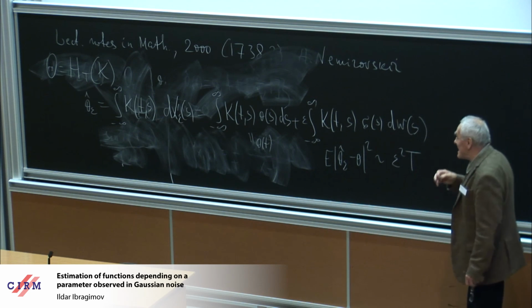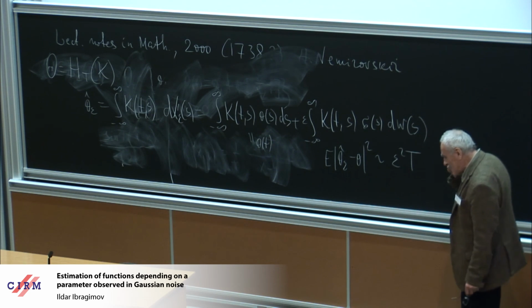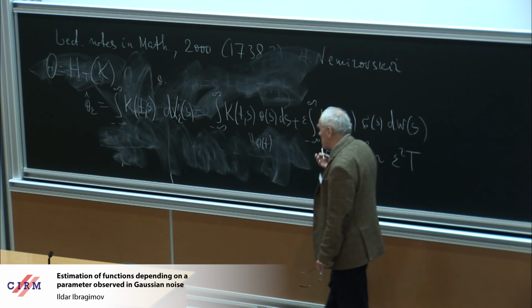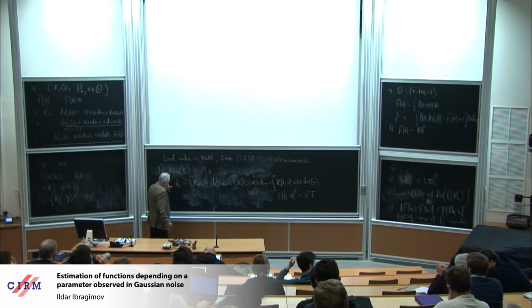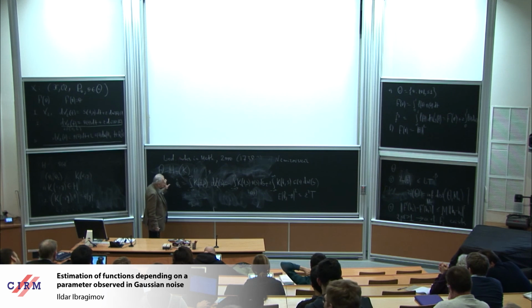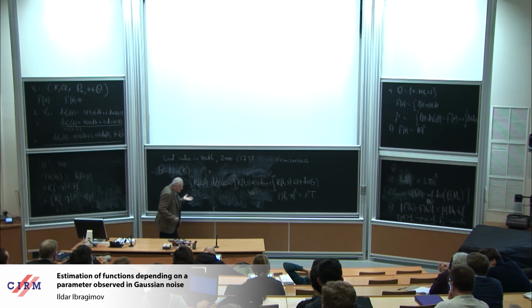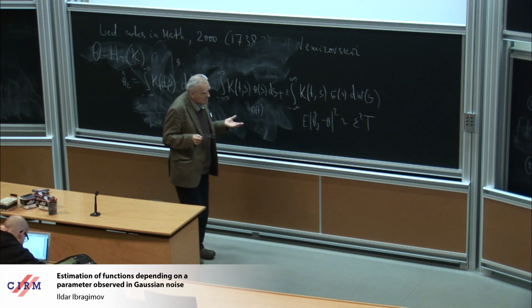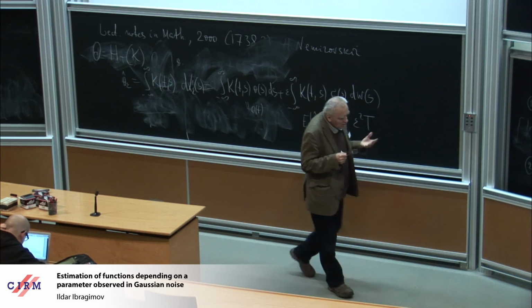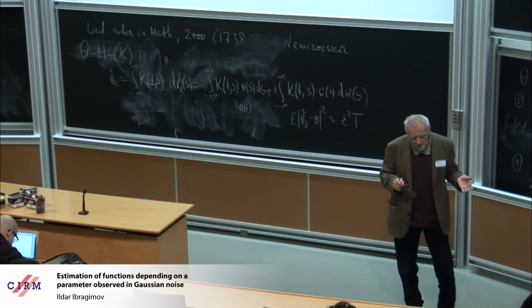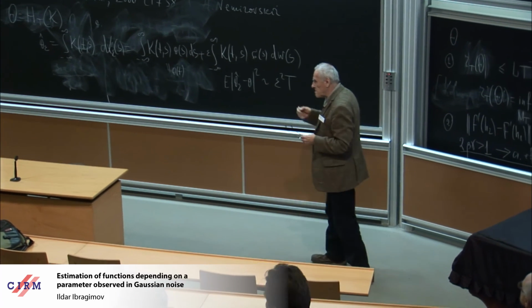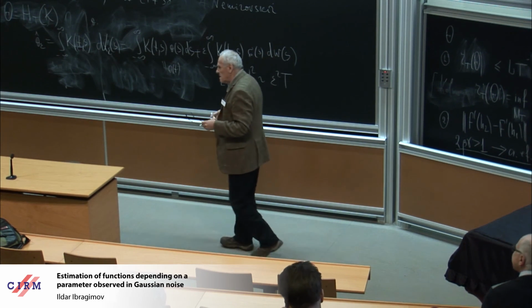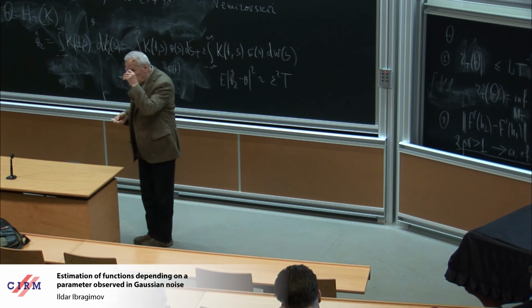So the space theta is infinite dimensional. Nevertheless, you can find an estimate of theta with a parametric rate of convergence. And now, to prove the main theorem, you have to approximate the space theta with reproducing kernel spaces, and to continue all this machinery. And, well, I think that's all.